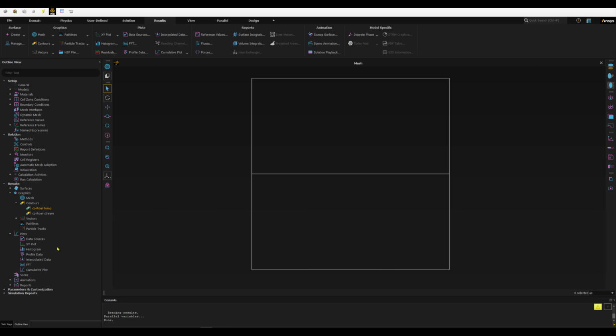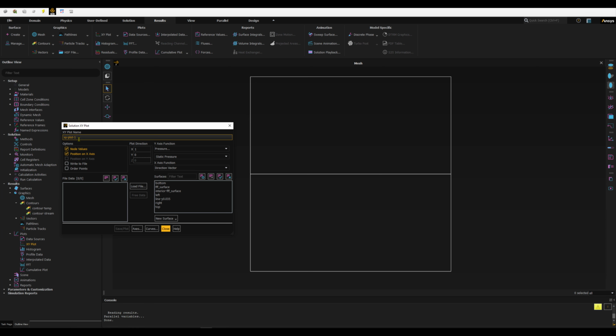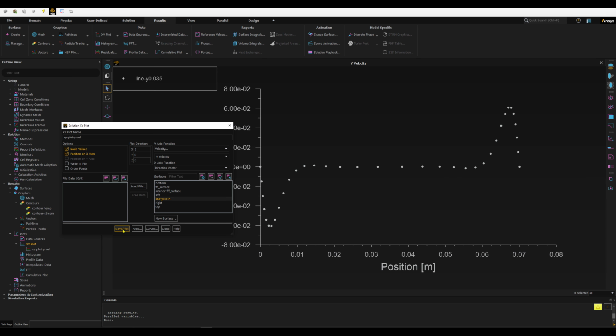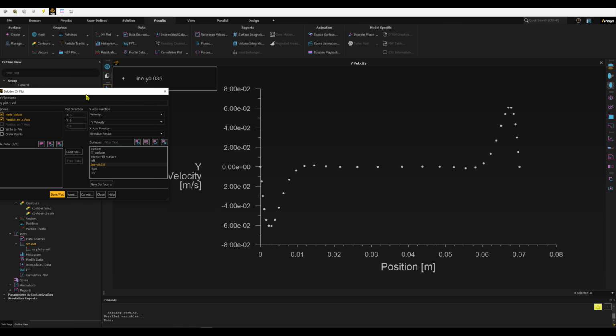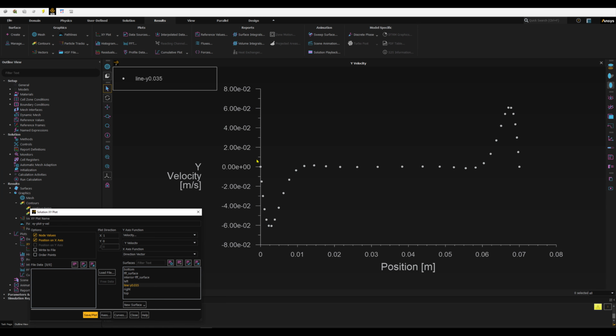So now I can go to the XY plot, double click on it, y velocity plot, and then the x-axis will be the position for the plot. So I will keep position on x-axis. Here I will select velocity, and under that I will select the y velocity, select the newly created line, and then keep this plot direction, because the value of the y velocity is on this line and the x direction. So now I can press on save and plot,